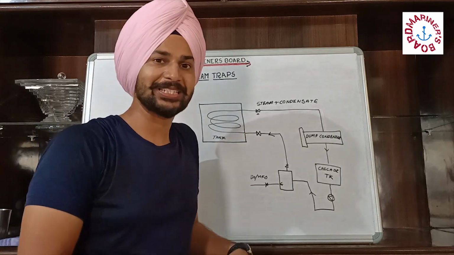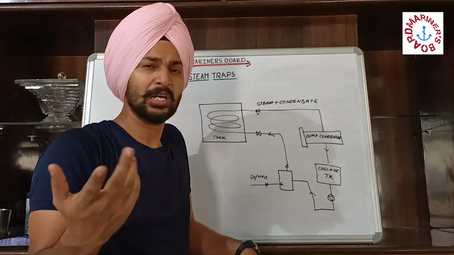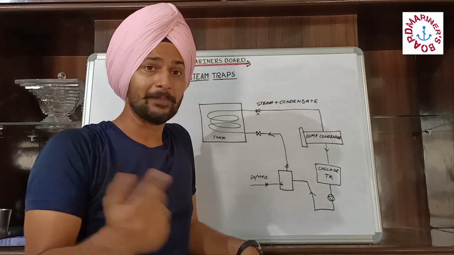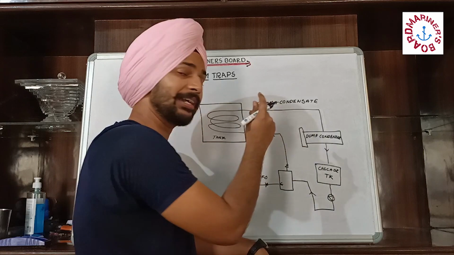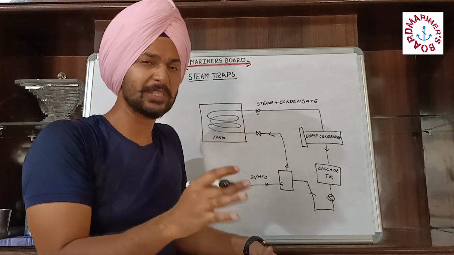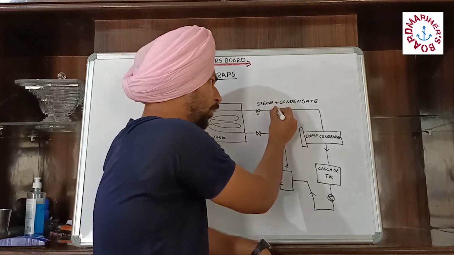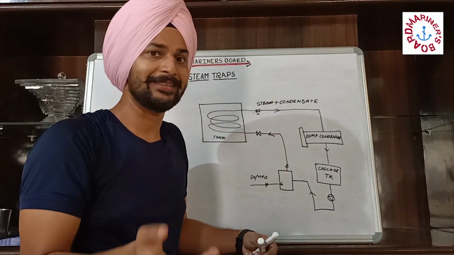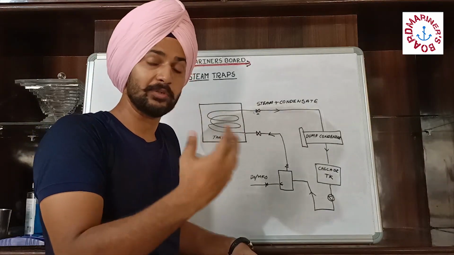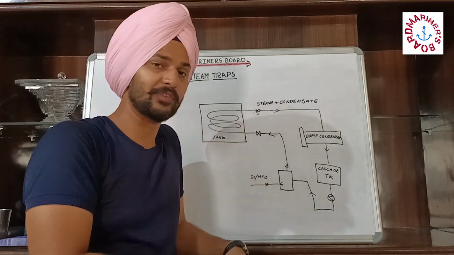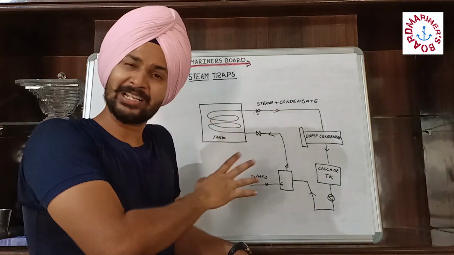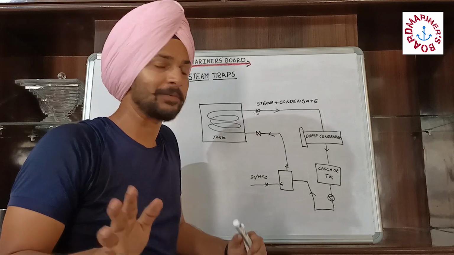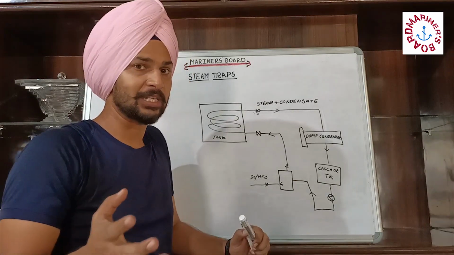Initially what they decided was to put a throttling valve at the outlet of the steam pipeline. By this, they throttled it such that only the condensate plus some amount of steam can come out from the system, which gradually reduced the steam that was being wasted. So this certainly helped, but it was also not a very efficient system.